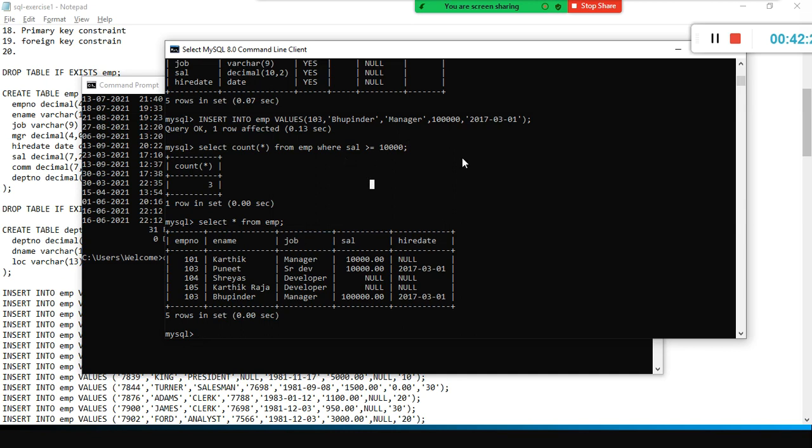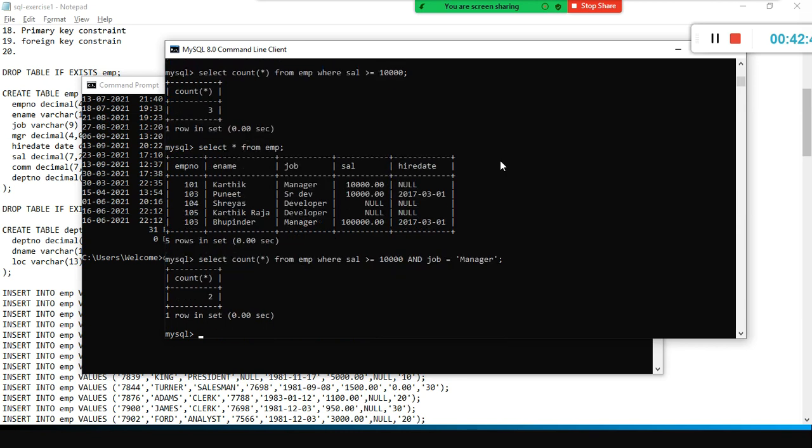You can use the AND operator: and job equal to manager. Only 2 people within the manager category are getting more than 10,000. So 2 managers are there.